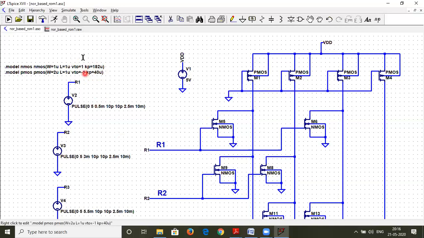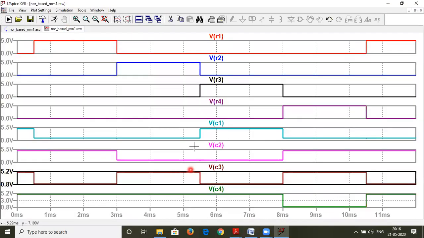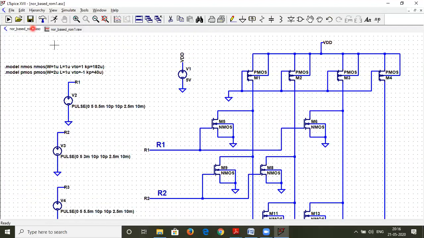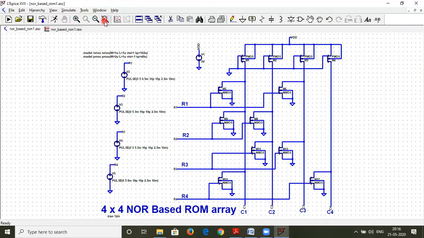If you don't select this, you might get a correct logic output, but the voltage levels won't be proper. So maybe in the midway you will get, that is from 5 to 2.5 you may get the output. So that will be incorrect. That is why you have to carefully select these parameters such that the NMOS transistors are much stronger pull down as compared to the pull up PMOS transistors. So that note you have to take care of. And the only limitation of this circuit is the logic 0 is not 0. It is close to VTP, that is the threshold voltage of the PMOS transistor.